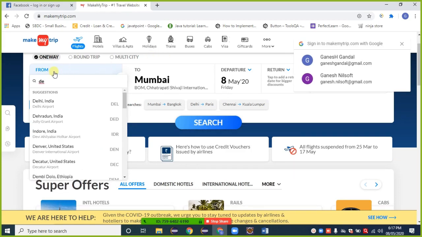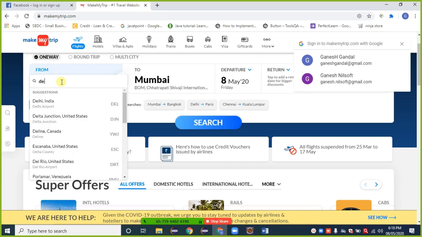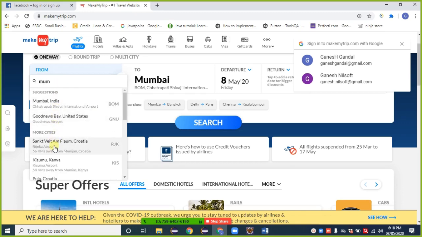When I provide some word, the suggestion keeps changing continuously: D, L, H. Such a list is called an auto suggestive drop down or auto suggestive list. There is no need to provide the total word. We get suggestions from that, and based on those suggestions we select our desired element.